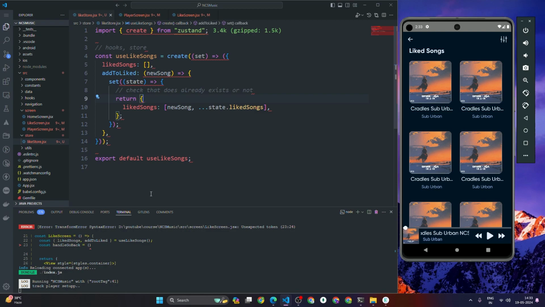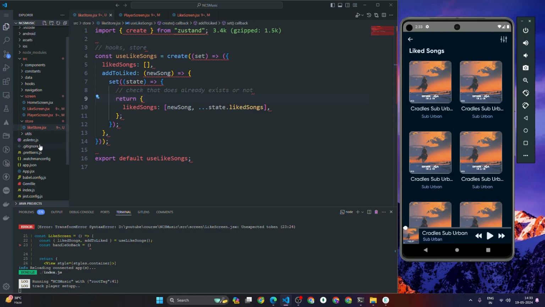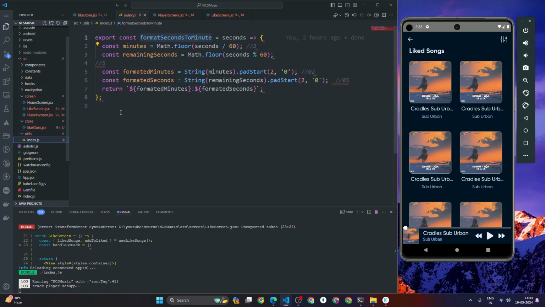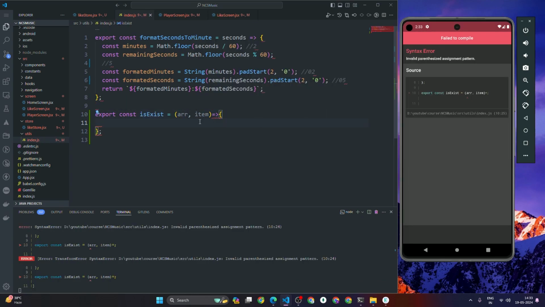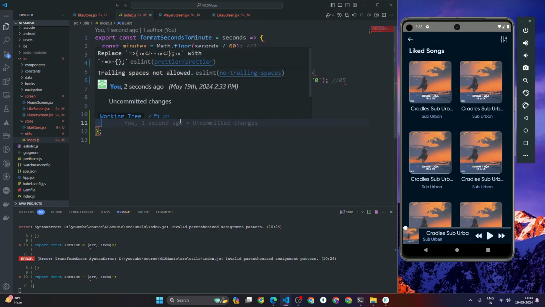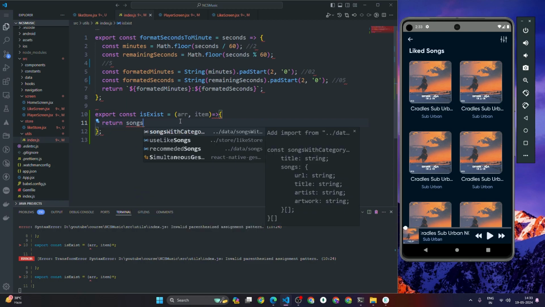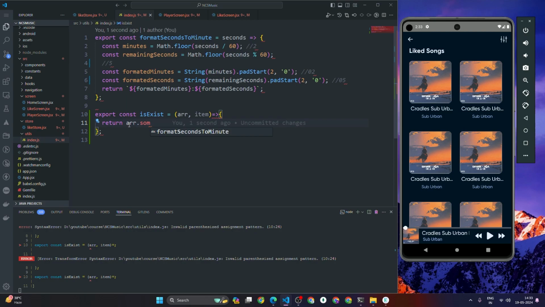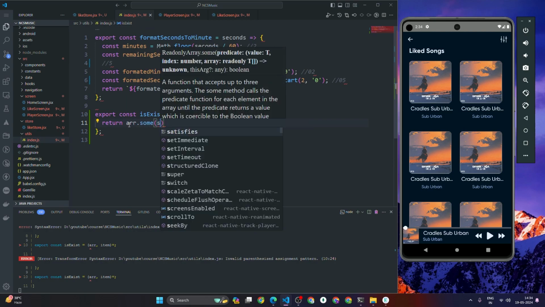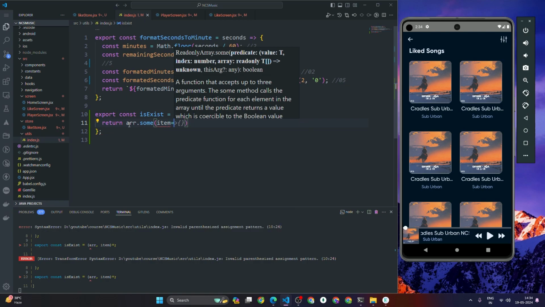Okay, so I'm gonna create one function quickly here, inside the utils. We have index.js, so I'm gonna create one function called export const isExist. Okay, and here we get the array, and here we get the item. Basically array means we get the list of items, and we get one item. We have to check the songs, we get the array, right? array.some method, I'm gonna use the some method,